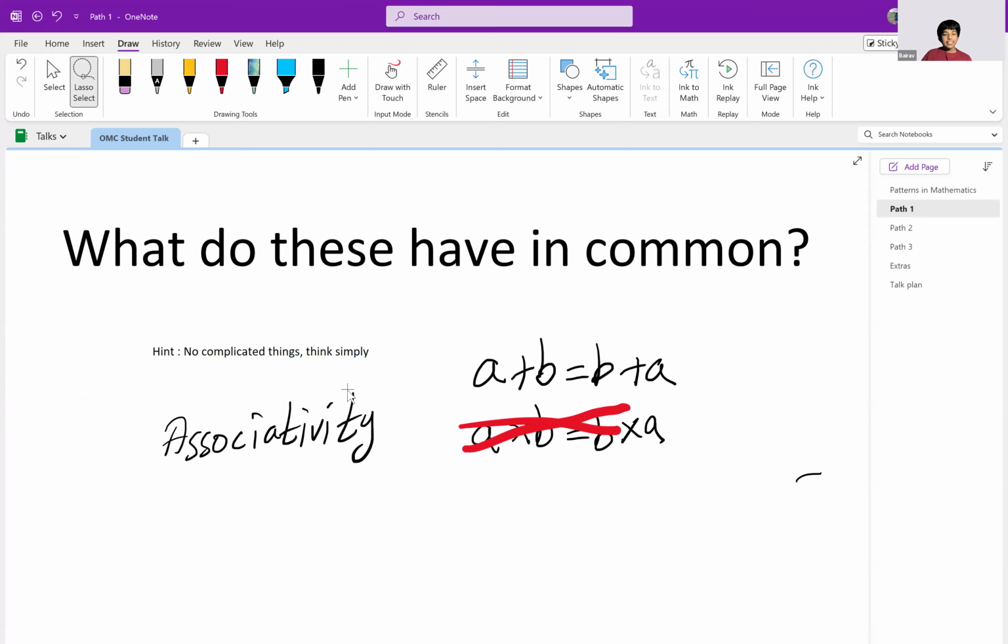So yes, these are the simple things. There are some other famous ones about multiplication and addition, such as